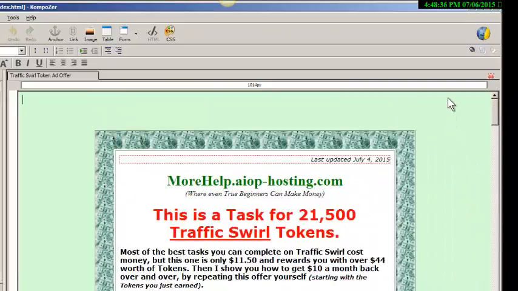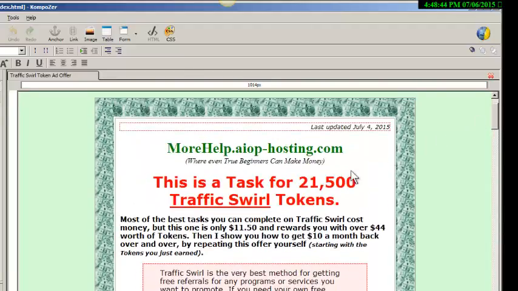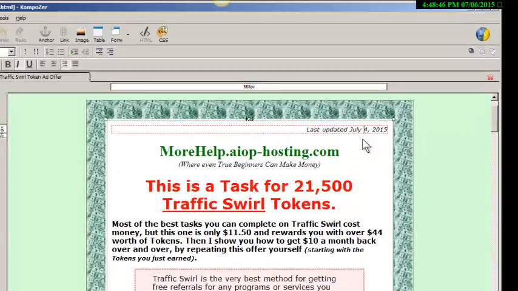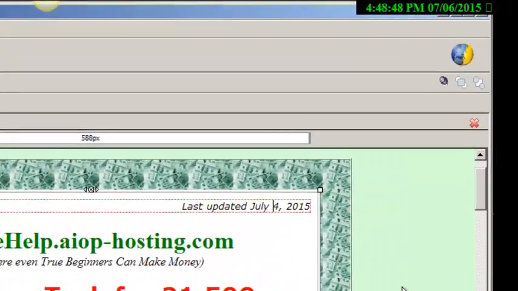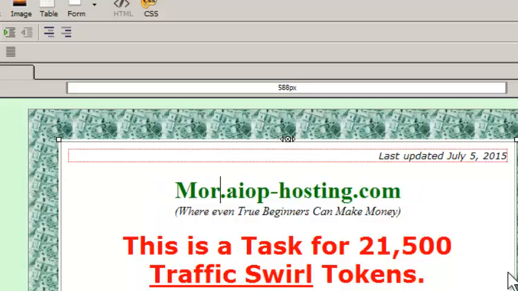This is what they call WYSIWYG, or what you see is what you get. So whatever you edit on this page is going to show up in the finished web page. So let's say we wanted to change this date. All we do is put the cursor there and delete that. And today's the 5th, so I'll put 5 in there. We're going to make it for somebody else's AIOP account. So let's take my name out of there and then put